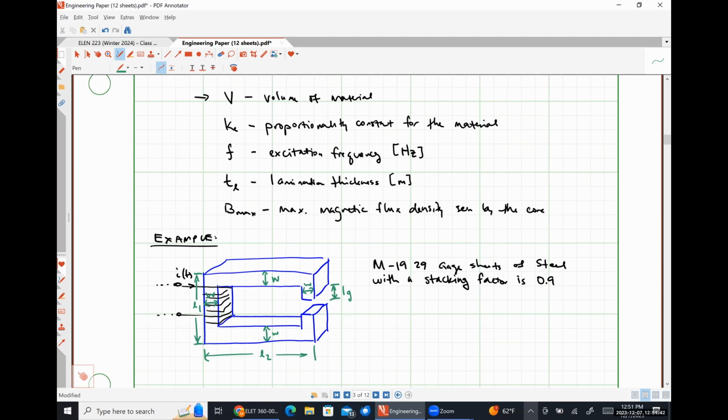So I believe the geometry of the structure is identified. So let's say that L1 is 10 centimeters, L2 is 15 centimeters, LG is 2 millimeters. The width is 1 centimeter, and our thickness is also 1 centimeter. And we are trying to figure out